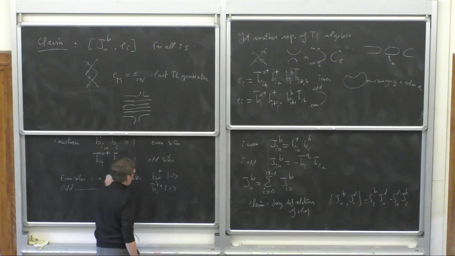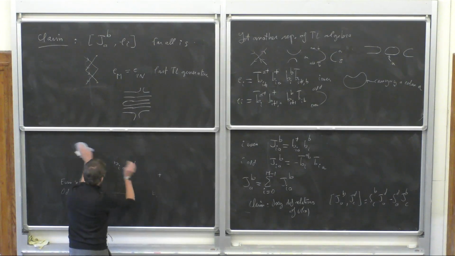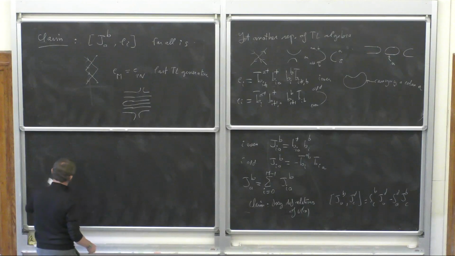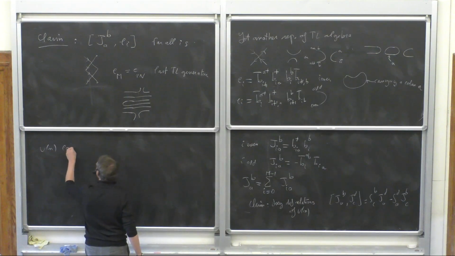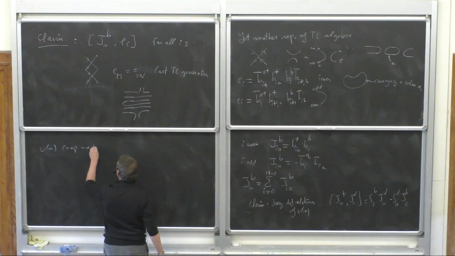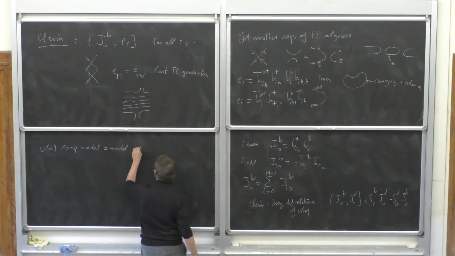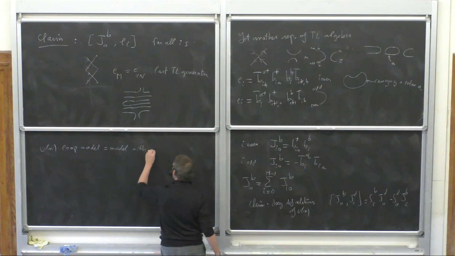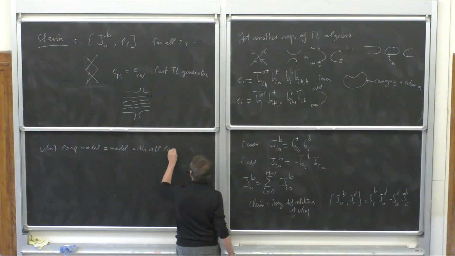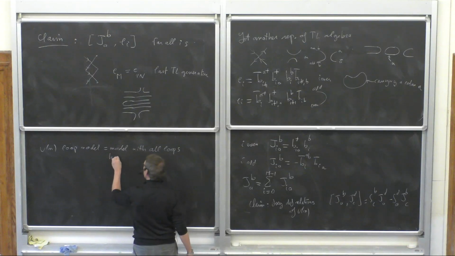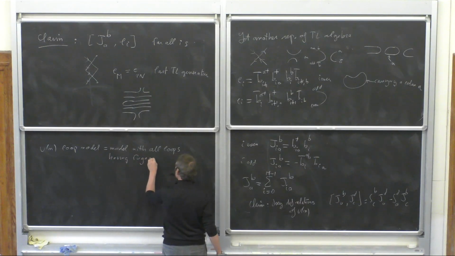So the so-called UN loop model is the model with, in fact, all loops having fugacity n